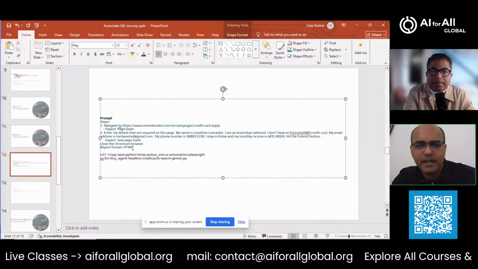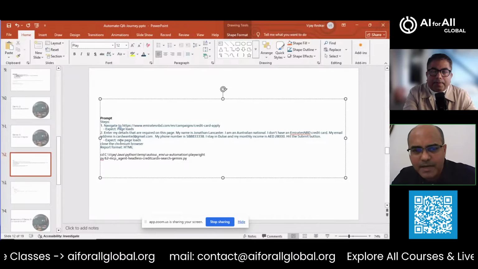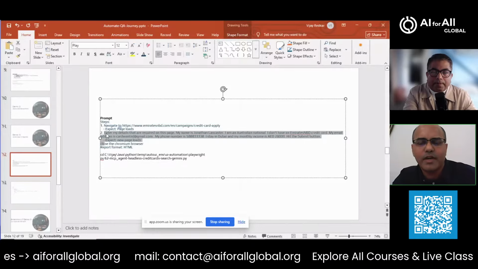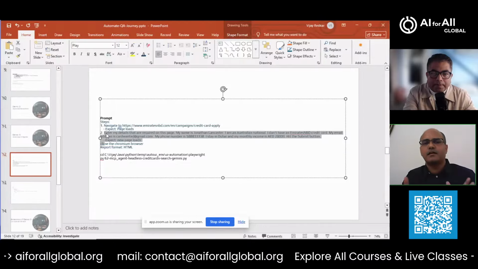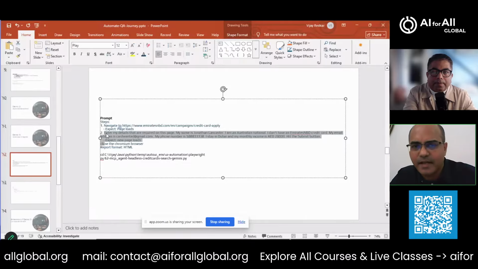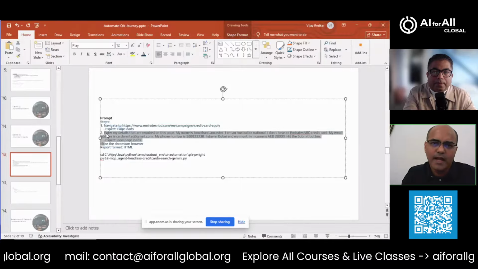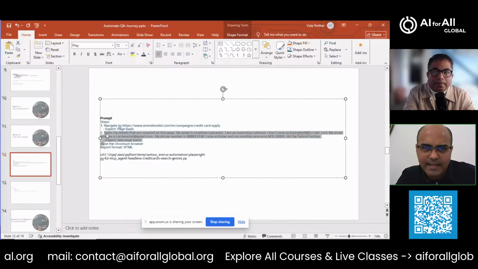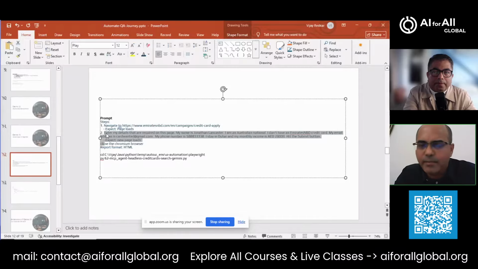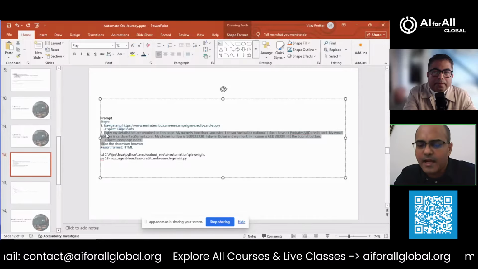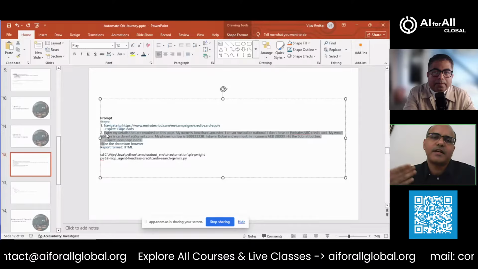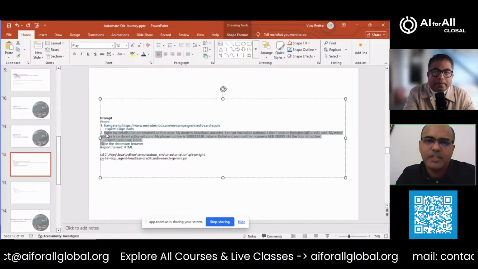The way we made it happen is by simply giving it this particular prompt and telling it what I wanted in natural language. Now imagine what we used to do earlier when we used to write Selenium scripts and other scripts. We literally used to go and figure out what that particular tag is on the screen, and then give that tag and make calls to the API of Selenium, right? And let's say tomorrow that tag changes. Then you have to go ahead and make changes in your script.